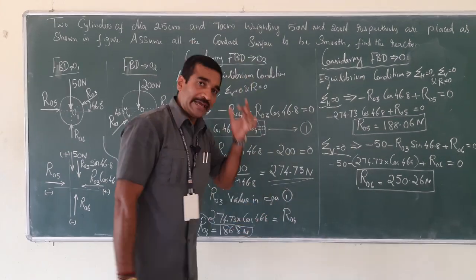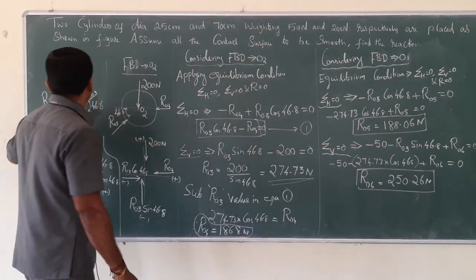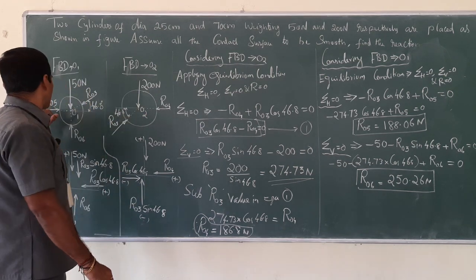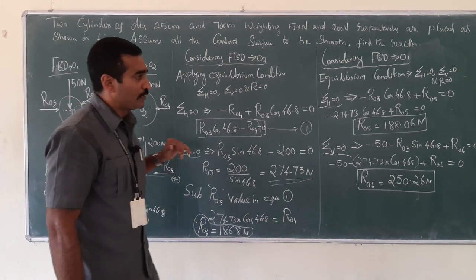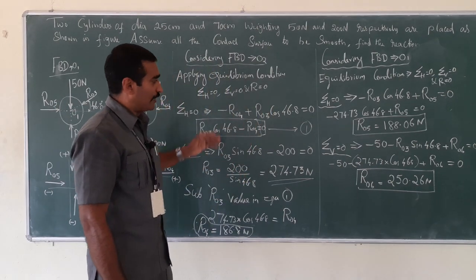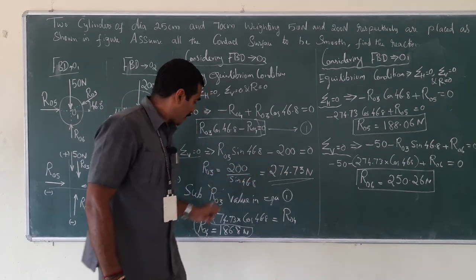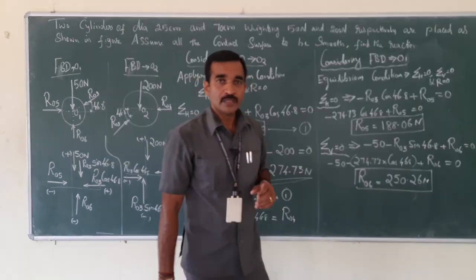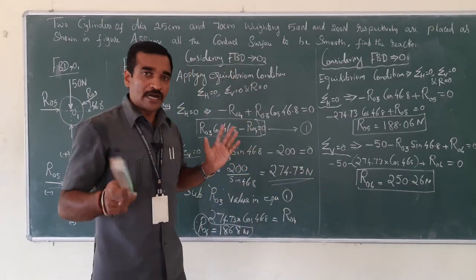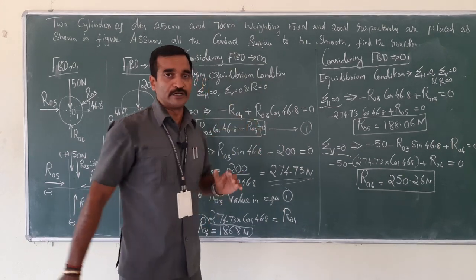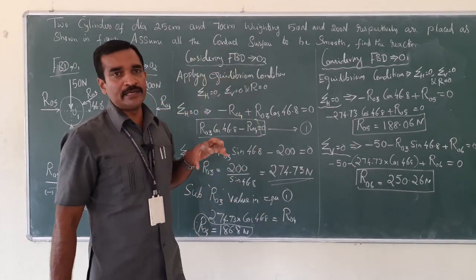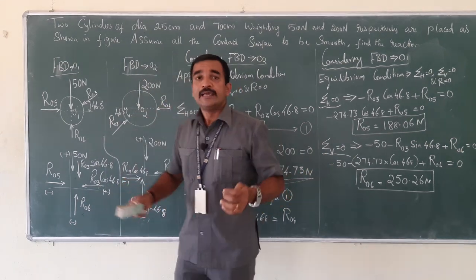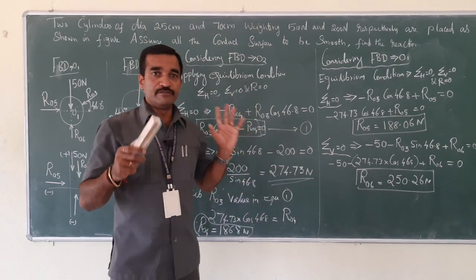So as far as the diagram is concerned, how many unknowns were there? 1, 2, 3 and 4 unknowns. That is RO3, RO5, RO6 and RO4. So I have found all the values. Look here, RO3 I have found, RO4 has been found, RO5 and RO6. So it's very simple, where to start and how to start you should know before you proceed further. First you will have to understand the drawing, then draw the free body diagram, then resolution force diagrams. In this resolution force diagram, which one to start?